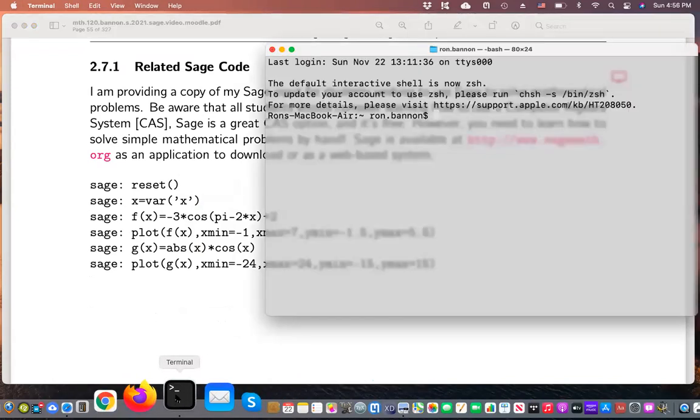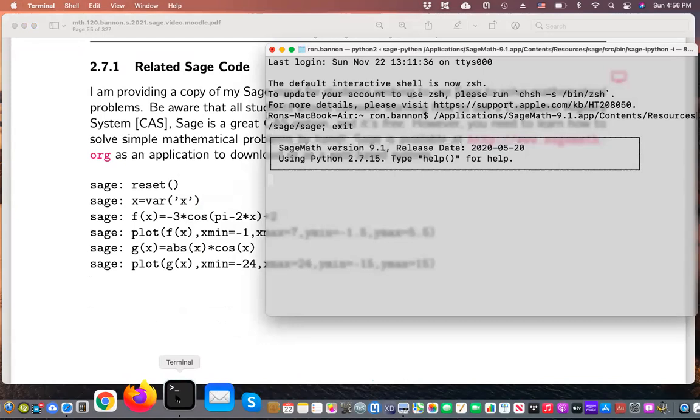I'm going to do Sage from a terminal. I think last time I showed you Sage, I was doing it from CoCalc. That's the online version. What's the advantage of doing it on my machine? The big advantage is that my machine is the one doing the processing. Now, granted, it does, sort of like Lance's server for me. I'm running 9.1 of Sage. You can see that clearly on my screen, and it's using Python